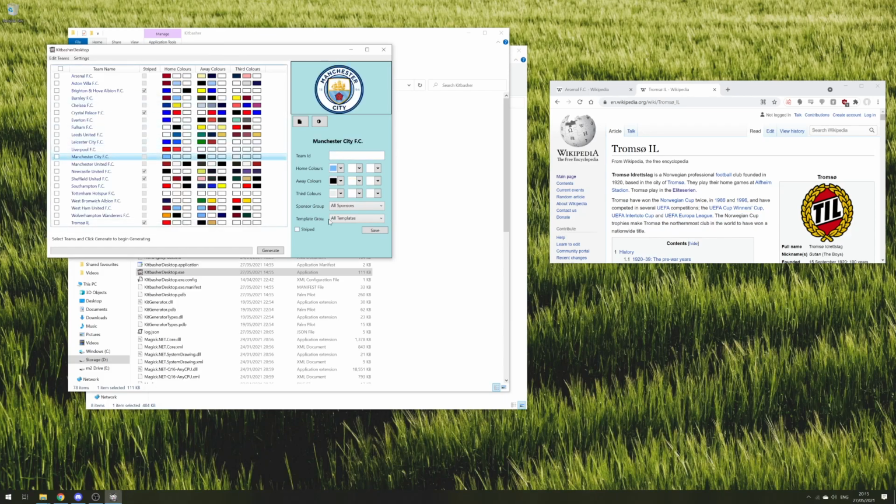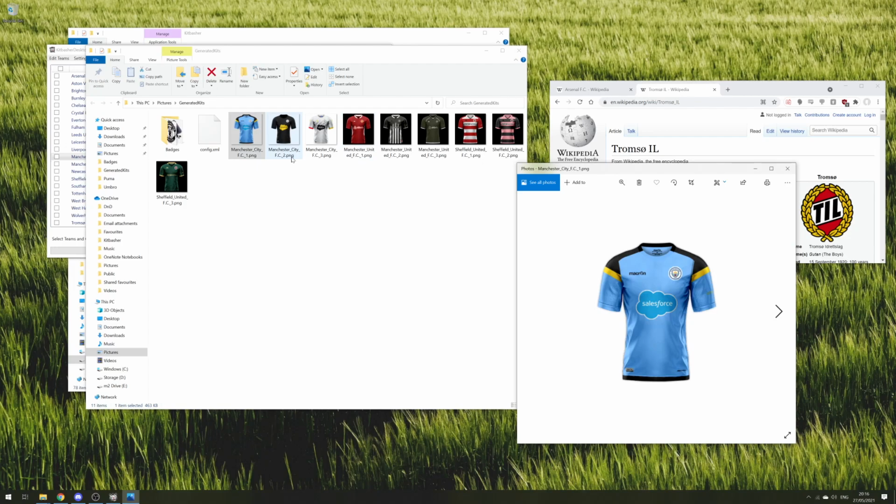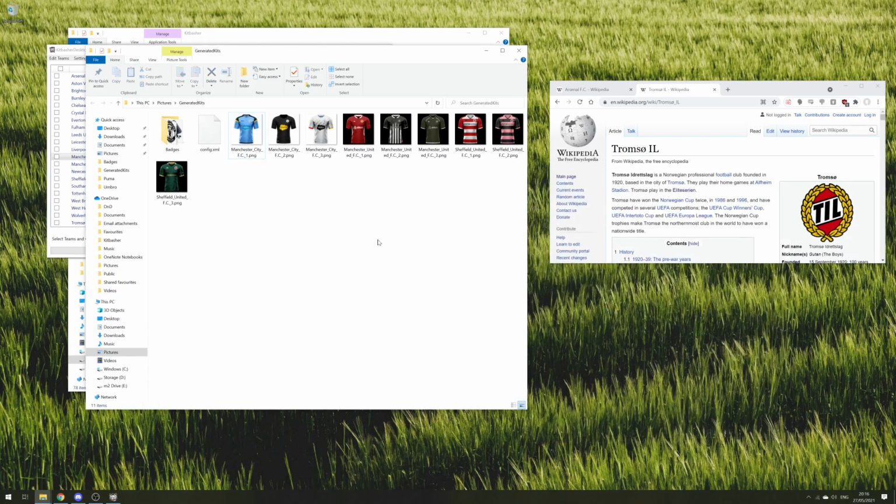And if we click out of that, I can choose for Manchester City. I can choose Premier League. So that gives you a little more fine tuning on what template you want to use. Now, we can now generate for Manchester City, and it will just generate the teams for you. And again, we can see what ones they've created. So here's a Macron kit for Manchester City, using I believe the new colours for the 21-22 season. And that's how you do it. It will generate a config file for you if you enter in the team's